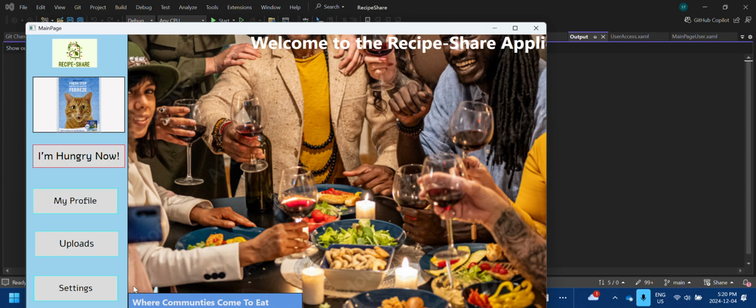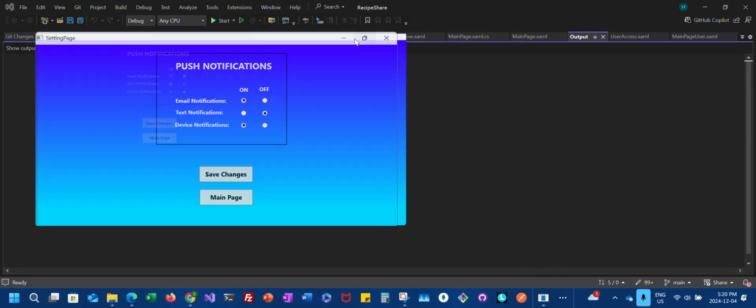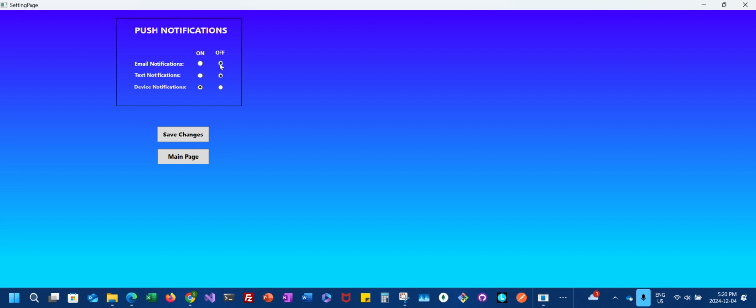Right on, and now we'll navigate over to settings. Yeah. So this is basically the page for device settings and how we want to receive the notifications. It is covered by IPM 126, which is a user should be able to adjust device settings for receiving notifications. And the backend is connected to SQLite database, so that the chosen options would stay the same for that particular user. So let's turn on the email notification,